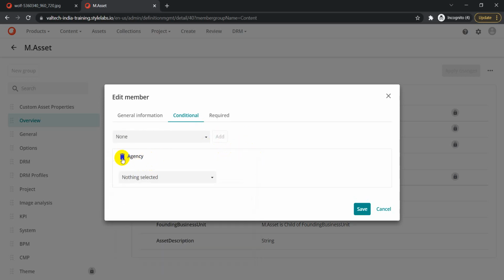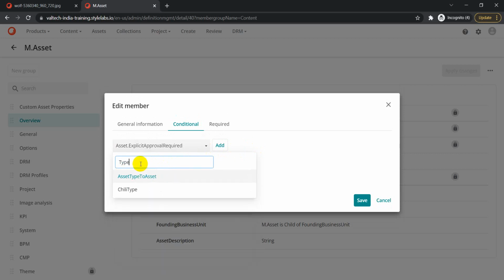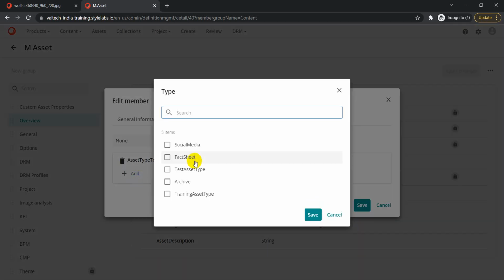It should be asset type, so asset type to asset, and click on add. The condition I'm going to add is that this field should be visible only when the asset type is selected and the value of this asset type is social media. Then click on save.